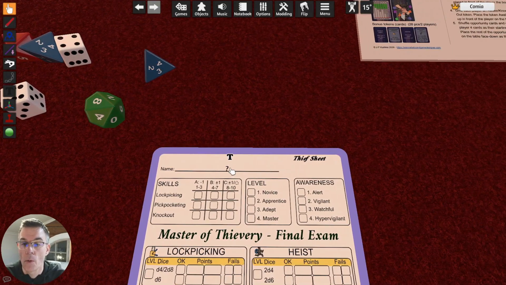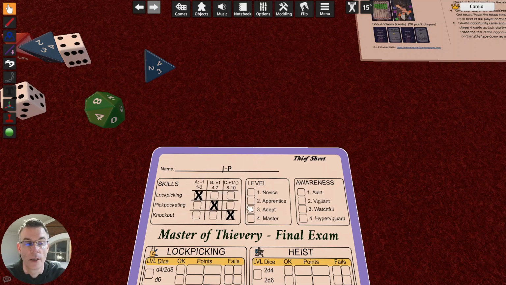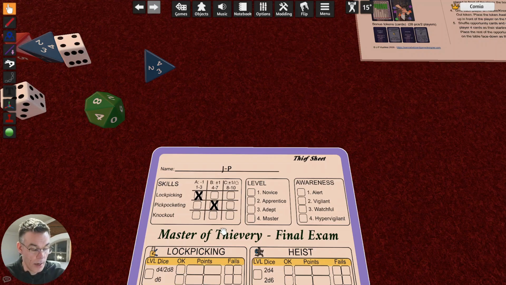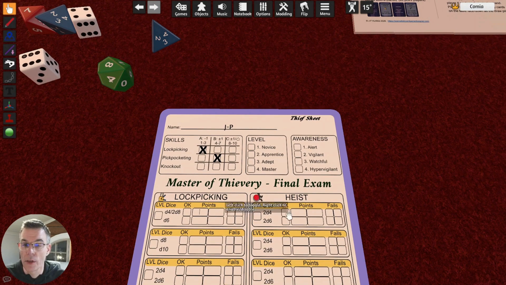So we have fields here. I have my name field, and every checkbox is done so I can just click and toggle the value there. Every point field that I have here is totally writable.